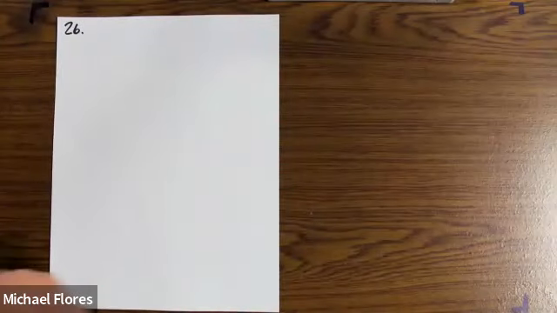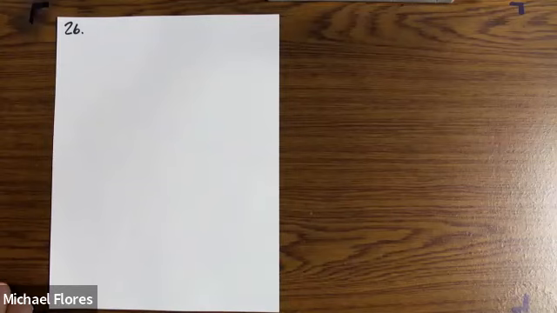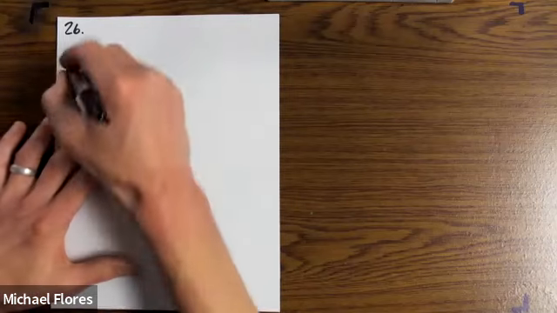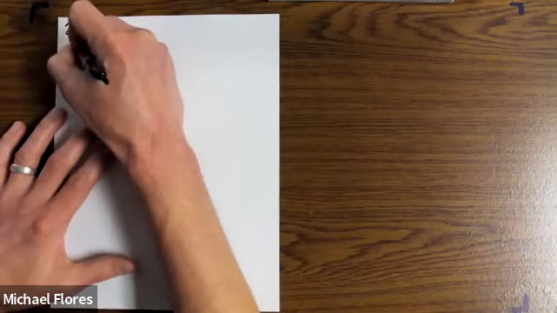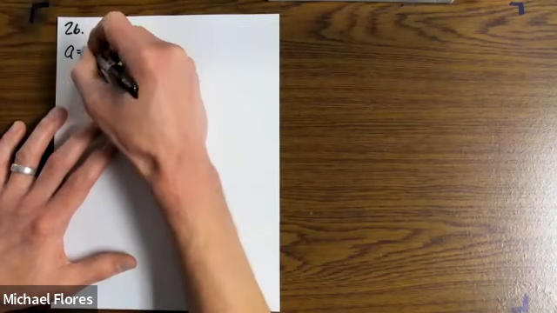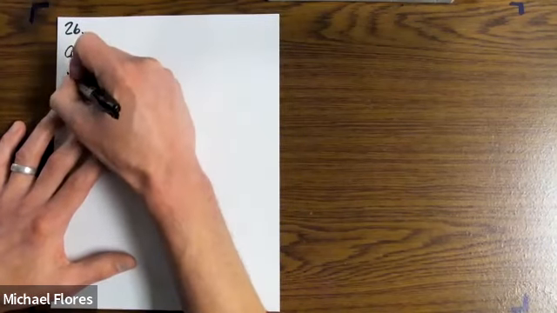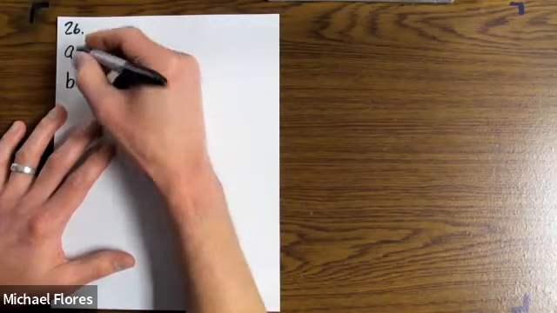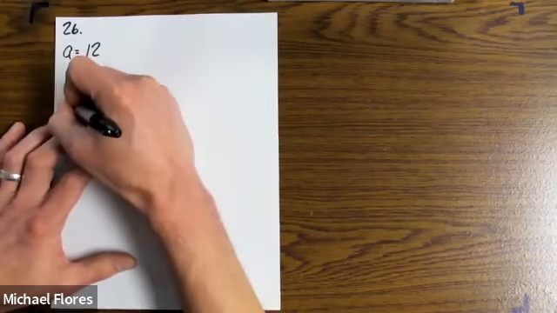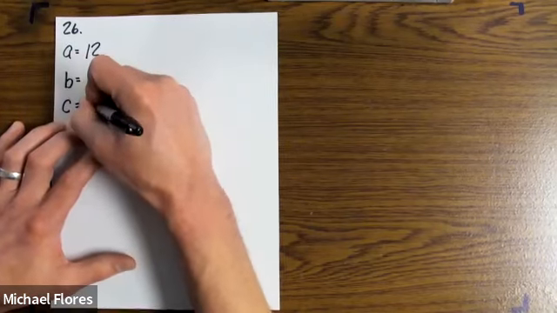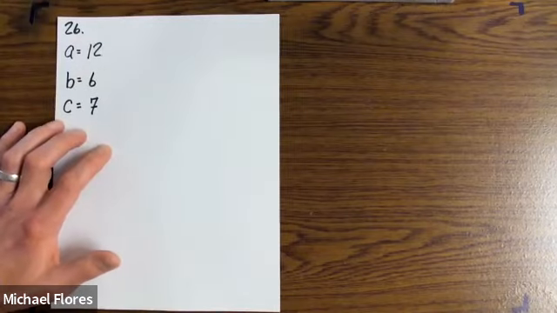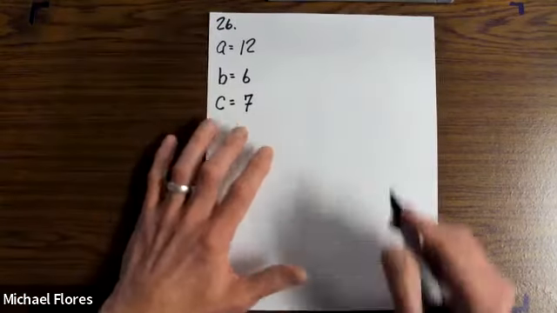Okay, example 26. Given that A equals 12, B equals 6, and C equals 7, use Heron's formula to find the area of the triangle ABC. A is 12. B is 6. C is 7. So in order to do Heron's formula, what you're going to have to do first is you're going to have to add 12